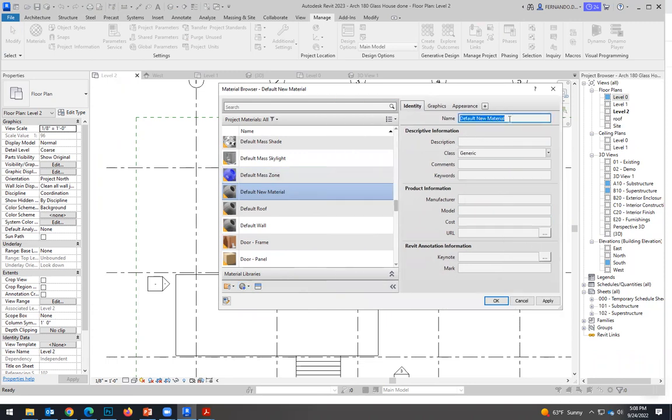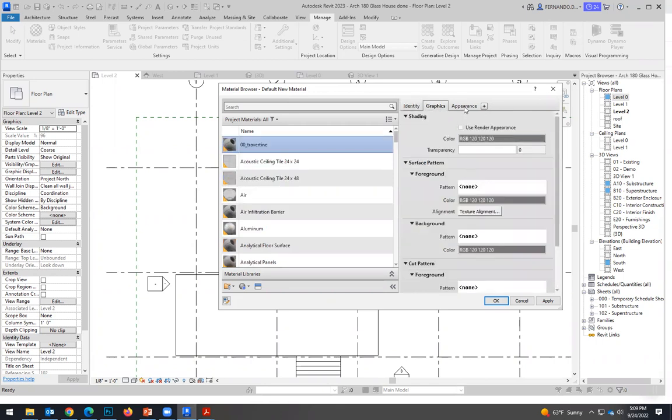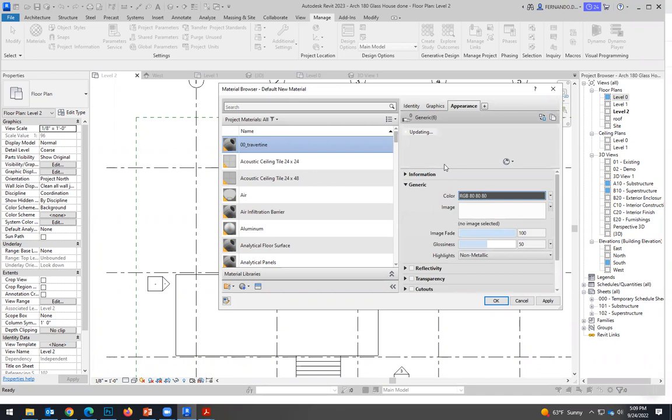Here I have the name, so I'm going to name it 00 travertine. 00, because I want it to be at the top of the list, so that it will be easier to find. And then in Appearance, if you click here, image,